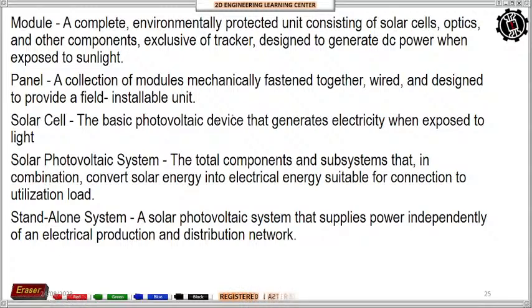Then we have module. This is a complete, environmentally protected unit of solar cells or group of solar cells. Panels are a group of modules. Solar cell is a basic photovoltaic device that, when exposed to light, will generate voltage or electricity. Solar photovoltaic system: the total components and subsystems that in combination convert solar energy into electrical energy, for connection to